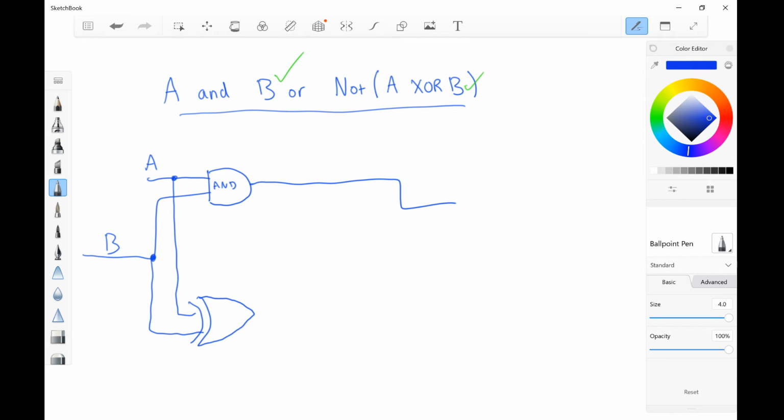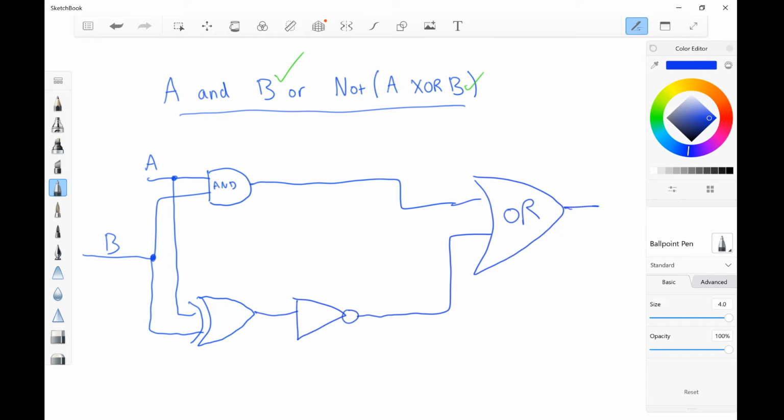So the next thing I need to do is I then need to not it. So I take the result from that and do a not gate. So there's my not gate, and then I need to OR these together. So I just do a normal OR like that, and then